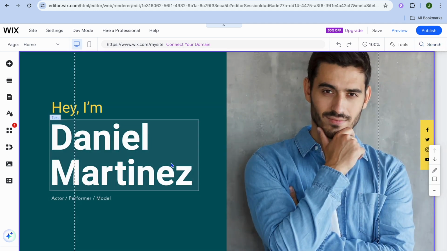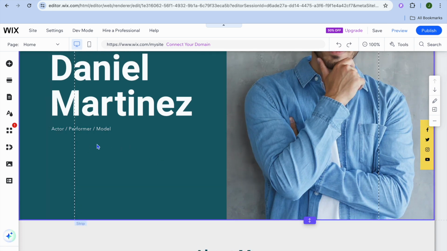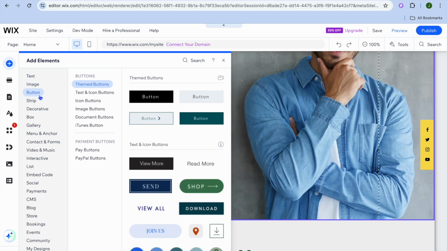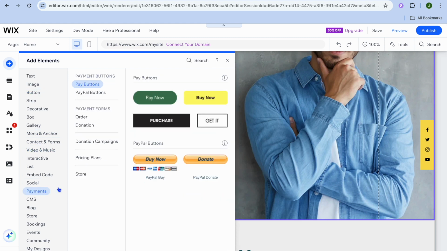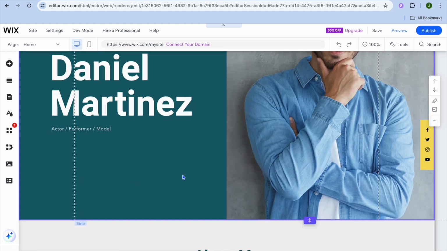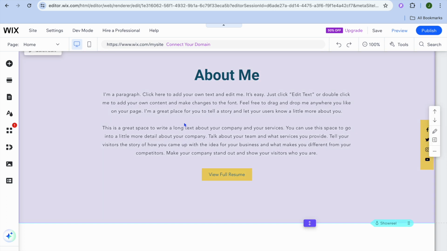And now to add an element to your Wix website. So let's say, for example, you would like to add a text right here. All you'll need to do is tap on the plus in the top left hand corner. Then from there, you can add text, image, button, anything at all that you would like to add to your website. You will find it in this section, and you can simply tap and place it wherever you want on your website. After you have done that, all you'll need to do now is scroll down, and you can continue